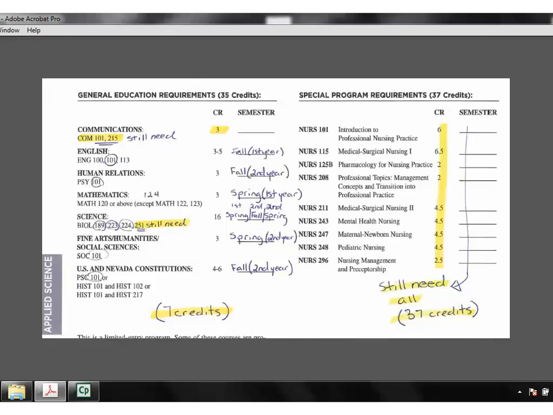Now again, your college academic advisor could let you know if maybe one of the additional science, chemistry classes that the student took during NSHS could transfer into CSN. However, as it's laid out right now, the student would still need an additional 7 credits just for the general education requirements. If you look at the right-hand column for special program requirements, just for the associate's degree, they require 37 credits